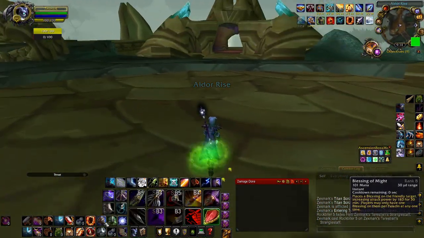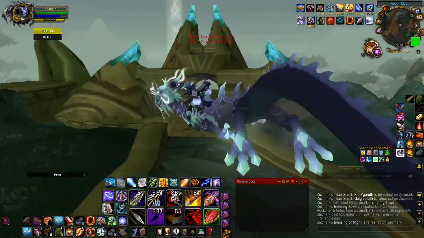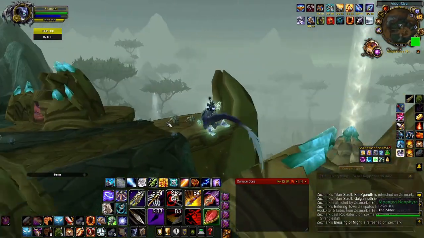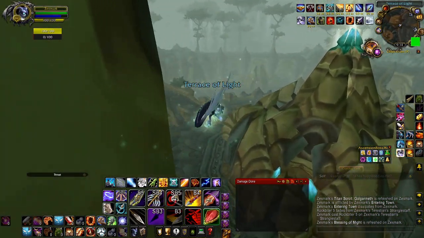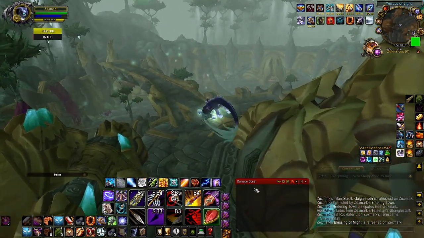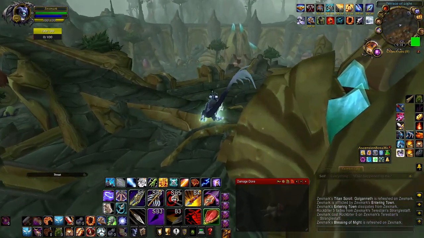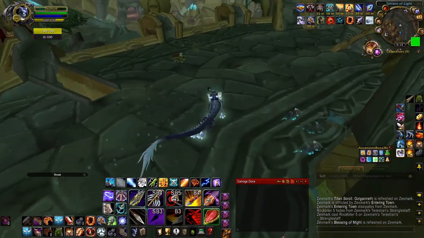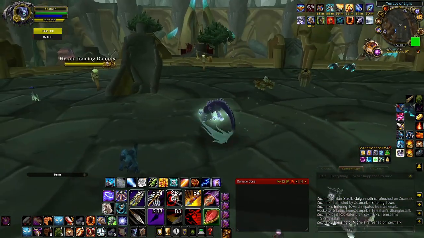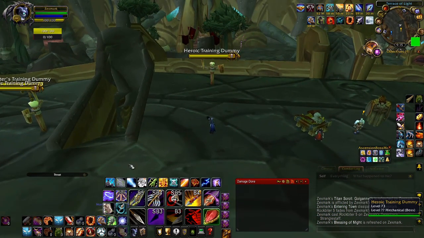I'm going to go ahead and buff up. Zoom out a bit. We'll go find the heroic training dummy, and hopefully our Recount will be working. I do have Bloodlust, but I'm not going to use it for the test. I wouldn't think it's cheating, but what I'm going to do is try to lead with